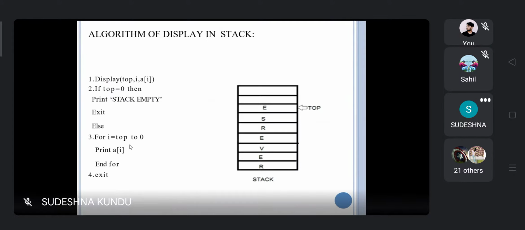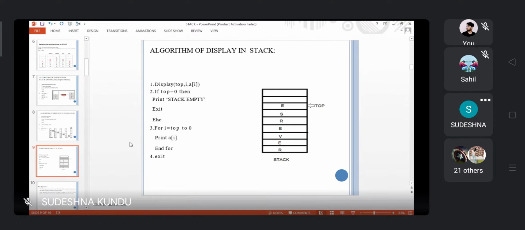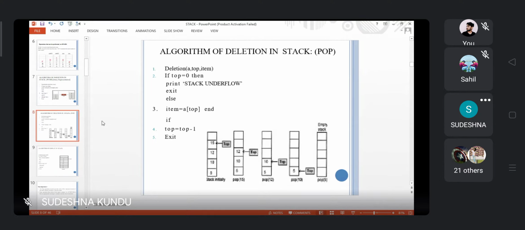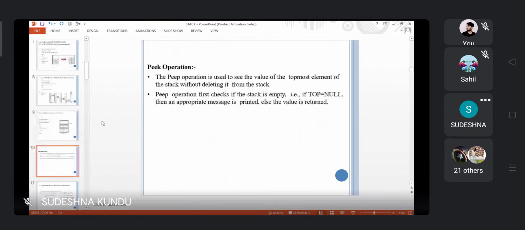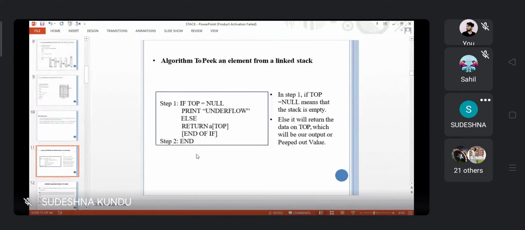Any other question? Please let me know. Now the last operation is the peek operation. Peek operation will be fetching the topmost element. If top equal to null, then it will print underflow.